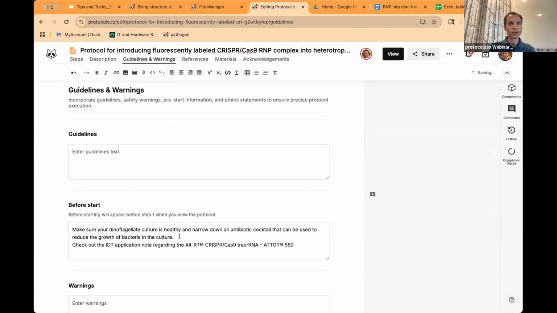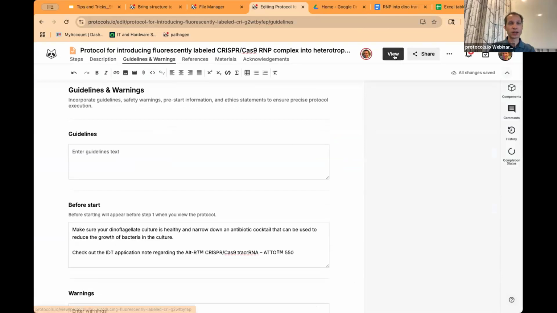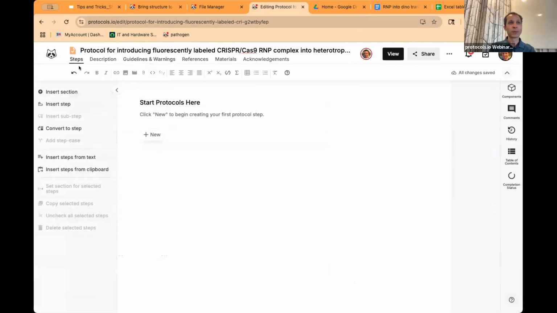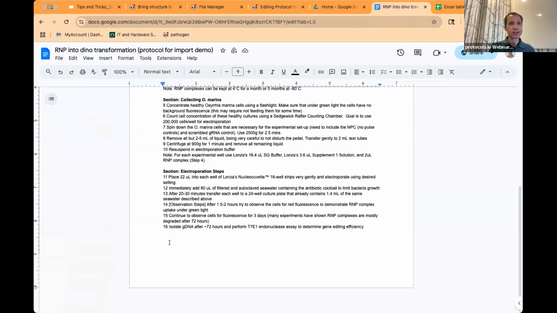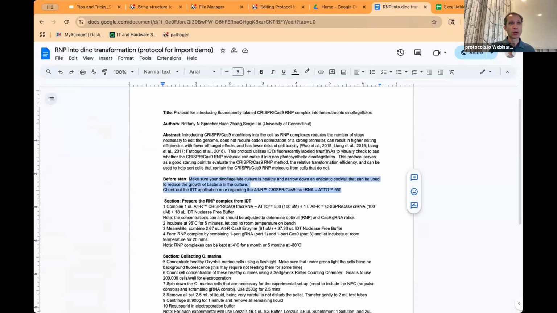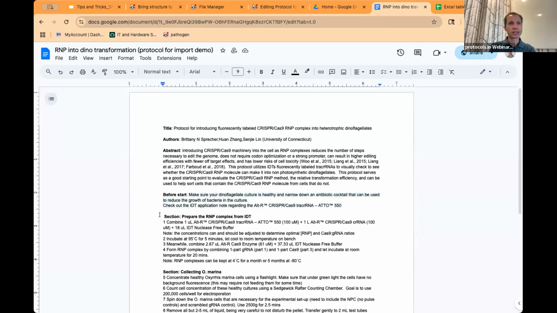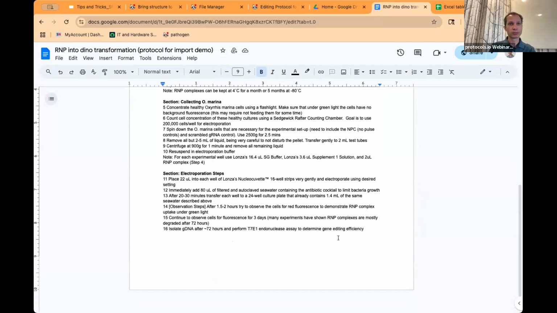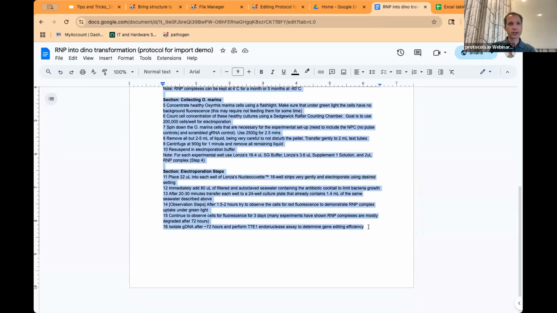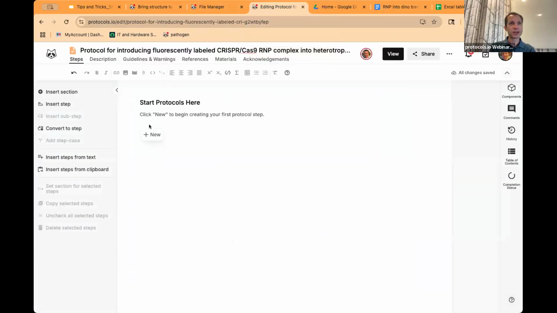I like the before start if you have something that should sit right on top of the steps of the protocol. And then in terms of the steps, instead of putting them in one by one, there are 16 steps in here. Instead of putting them in one by one, I am going to select all of the steps. So here are the 16 steps, copying them. And there's the editor. And instead of putting them in one by one, I'm going to say insert steps from text,